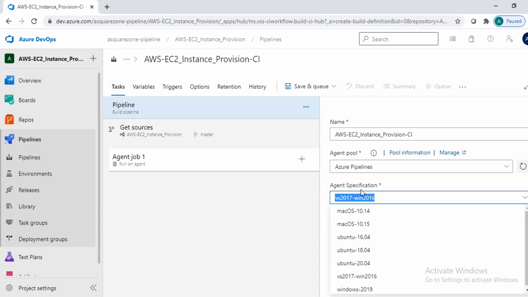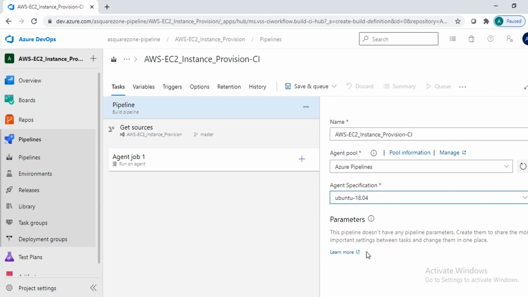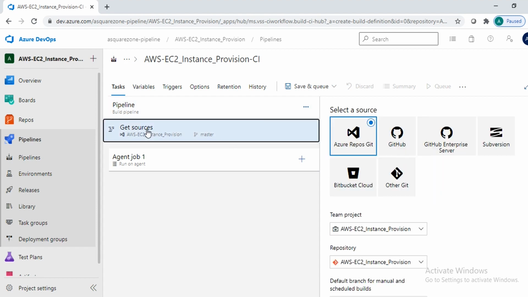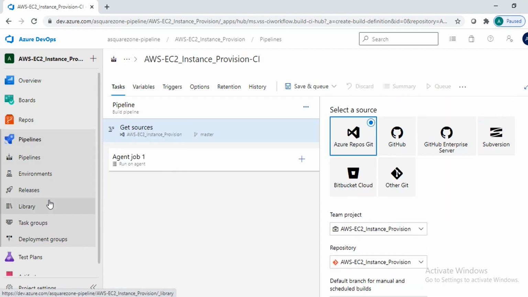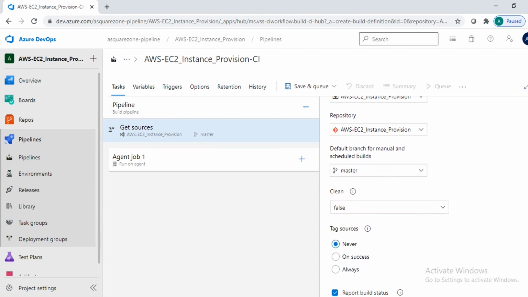And for agent specification, I want to run my YAML file on Ubuntu server 18.04, so I'm choosing this one. And get source. Before going to get source, as it is showing the pipeline, it is taking my project as it is. I committed on master only, so it is showing the team, repository, everything. Here, agent job,